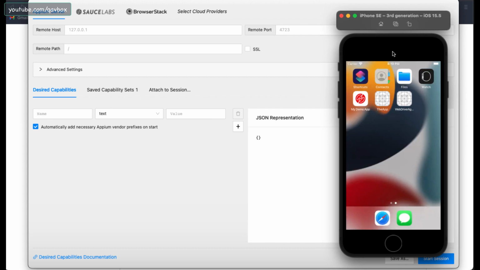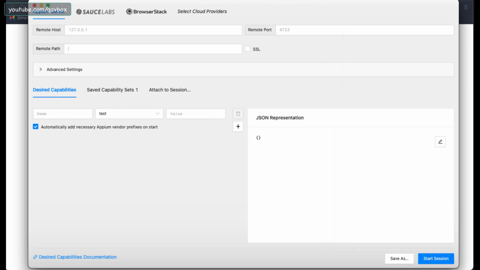First thing is which device. The second question is which application. So these two things we need to uniquely provide to this Appium inspector so that it can identify that. Now for this I have a couple of capabilities that I have set up, but I will just give an